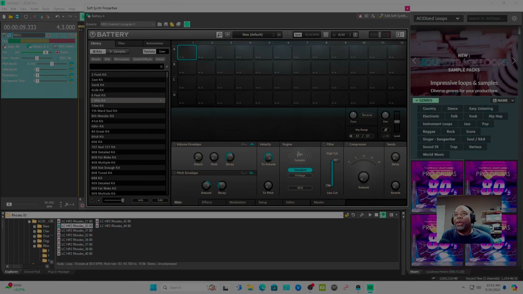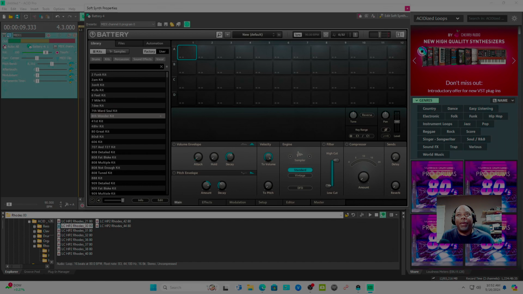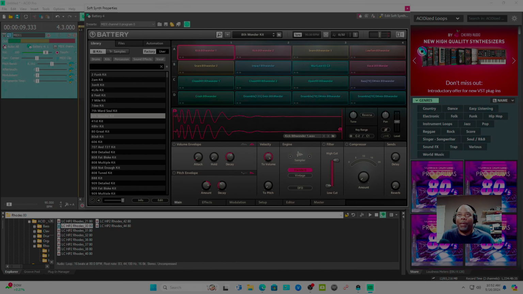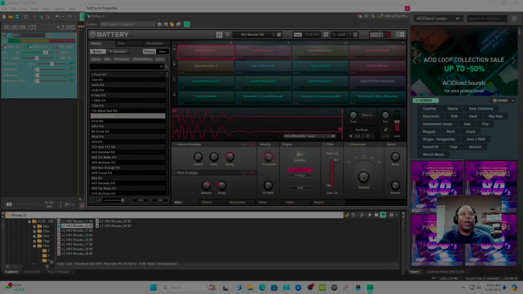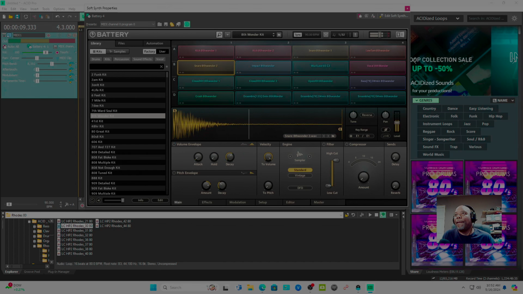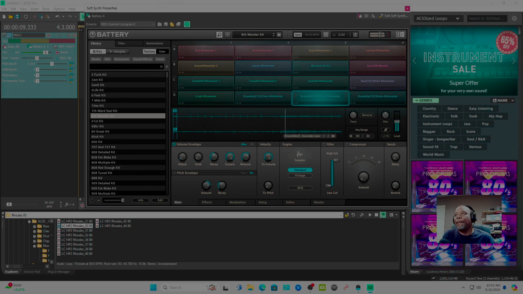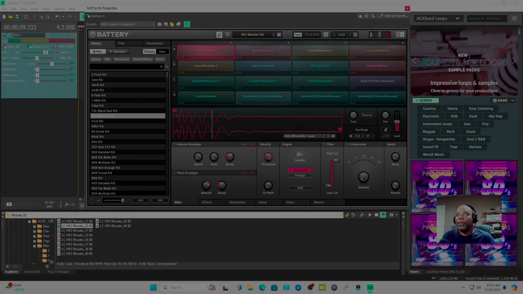So we're just gonna go with the basic Eighth Wonder kit, right? Y'all can see my mouse is hovering, but it's highlighted on your thing. So let's go to Eighth Wonder, right? I double click, left click. So these are the sounds that are available. That's just me clicking the mouse, right?